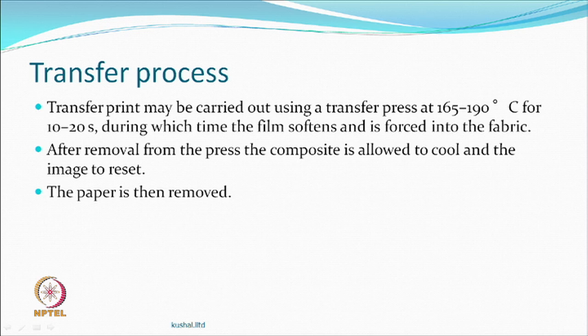This kind of thing can be done at different temperatures depending upon what you are doing, up to 190, and time could vary. So, what happened? The film gets softened and forced onto the fabric. You wait till everything gets cooled and then you can remove the paper. So, it is a simple process, but we now know that there is a film on the paper which finally gets transferred onto the fabric, and may not be able to withstand the rigors of textile use,